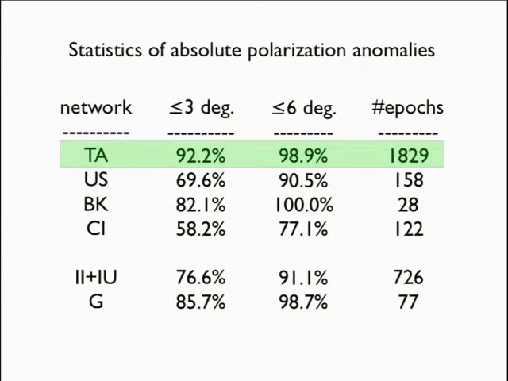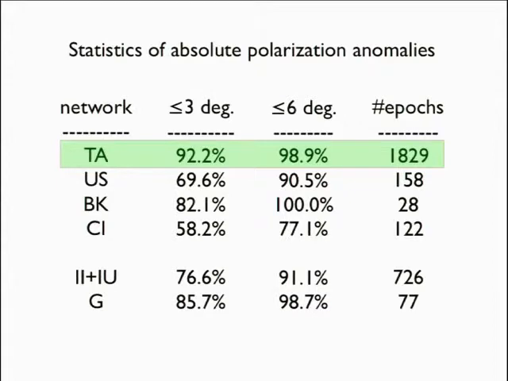degrees. And as you can see, at least in the left column, there's no other network that achieves this, not the global networks either, which I have included at the bottom. Of course, if you go to the middle column there, you see that the Berkeley network, all of the stations are oriented according to the seismic data within 6 degrees. So I think that